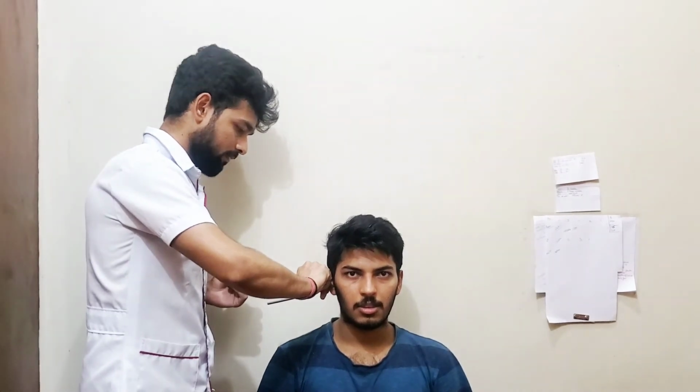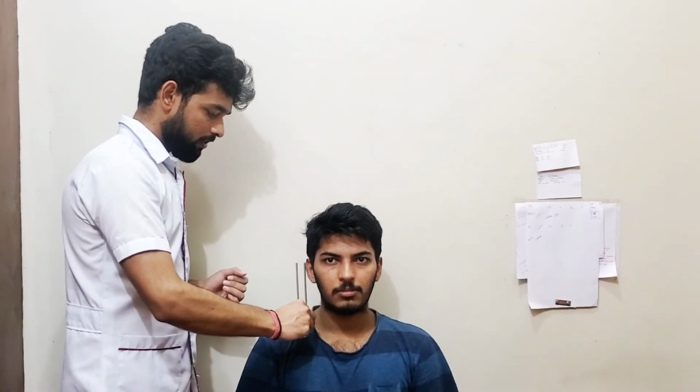Now we will do the Rinne test, in which we will use the tuning fork and check the bone conduction and the air conduction of the patient. So first of all, we'll use the fork, and place it on the bone, the mastoid process of the temporal bone, and then after that, when the patient stops hearing the sound, we'll place it outside the ear. So let's do it. Just tell me when you stop hearing the sound. Can you hear it? If you can hear both sounds, then it means the conduction is properly working. It means the inner ear and the external ear both are conducting the sound.